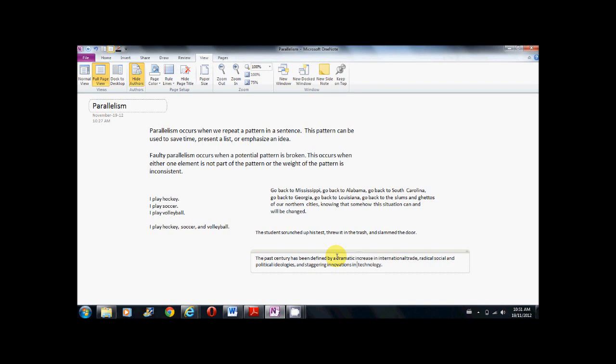Now, not only do we have that balance that we mentioned before, caused by having the same kind of pattern, the same components in the pattern, we now have the elements of that pattern sharing the same weight, and it's much more satisfying for the reader, and it does allow you to really emphasize that idea and the ideas in your sentence. And if you can do this effectively, your sentence